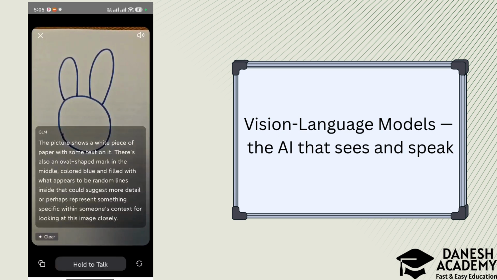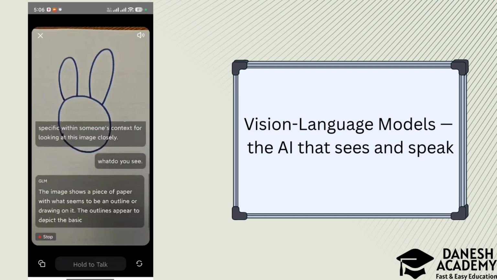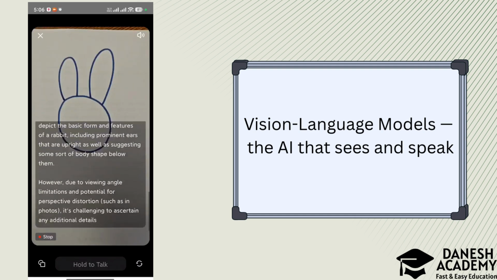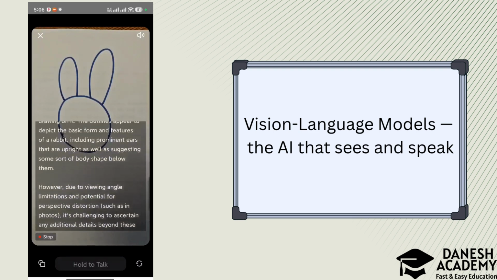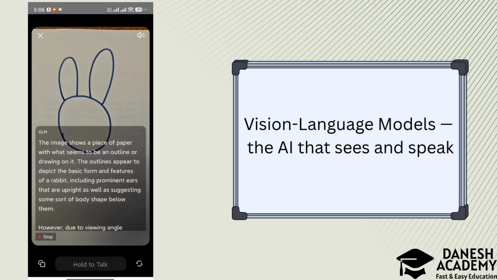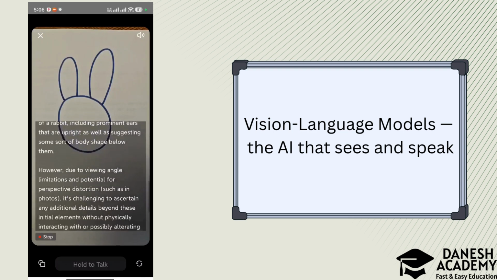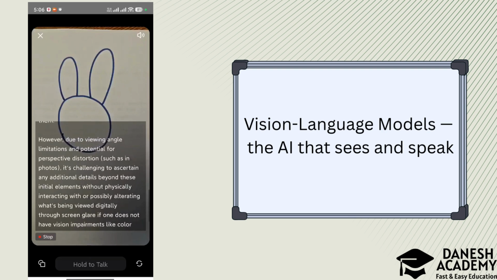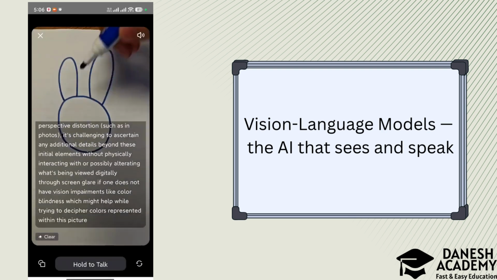What do you see? The image shows a piece of paper with what seems to be an outline or drawing on it. The outlines appear to depict the basic form and features of a rabbit, including prominent ears that are upright as well as suggesting some sort of body shape below them. Due to viewing angle limitations and potential for perspective distortion, such